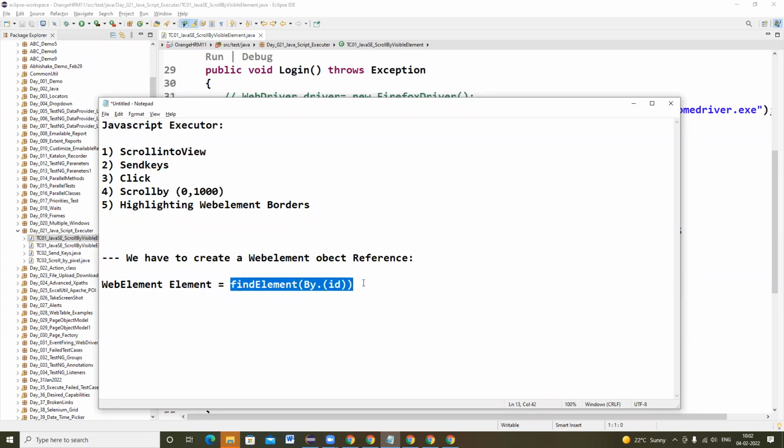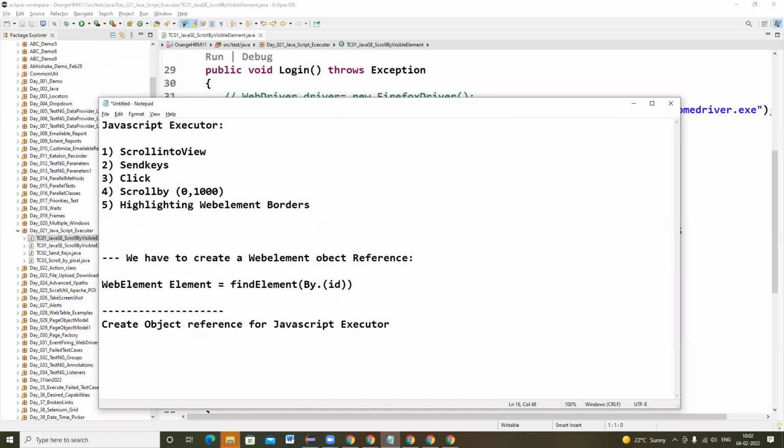After that, create an object reference for JavaScript executor, right? How do you do it?